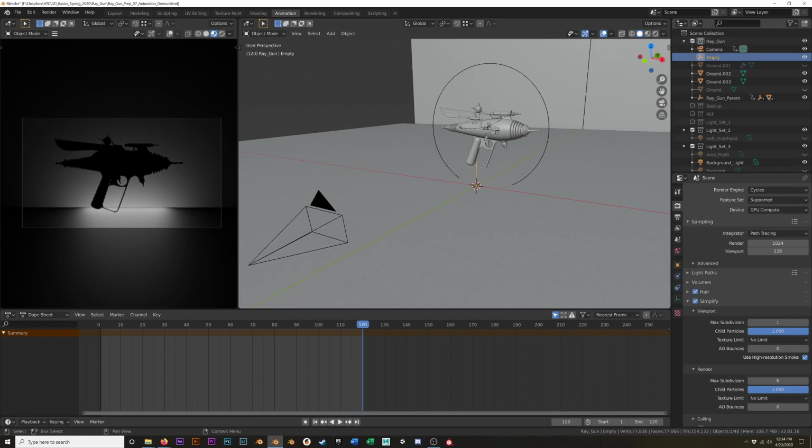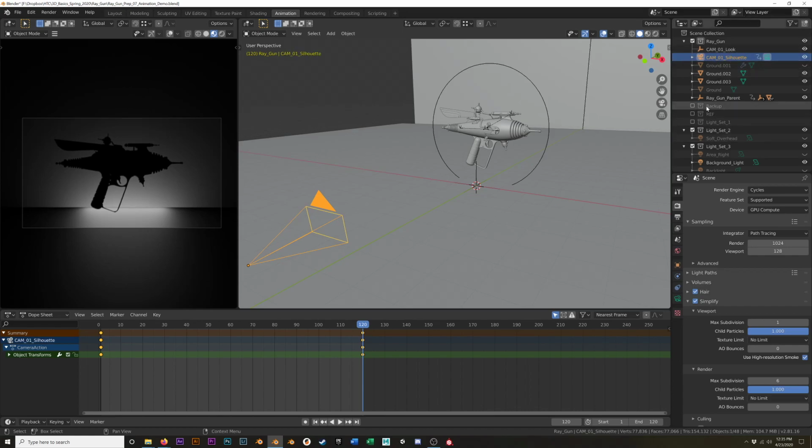and up here we're going to name this. We'll call this Cam 01 look for the look target. I'm also going to rename my camera, and I'll call this Cam 01 silhouette. Okay, so I've got that,